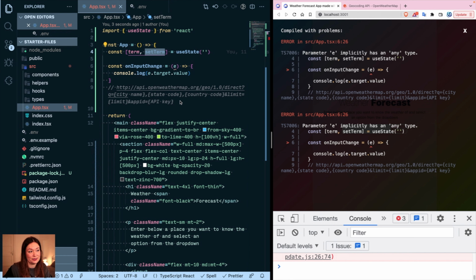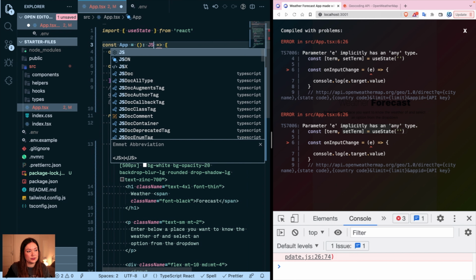So yeah, let's define. If we're going to start from the top to the bottom, we're going to first start with our const App, which is our component. And for every React component, you need to define what you are returning. You give it an input and you're expecting an output. And in this component's scenario, we're not given any input. So it's just our first component, it doesn't have any props, but we are expecting it to return a React component, and in this case it's